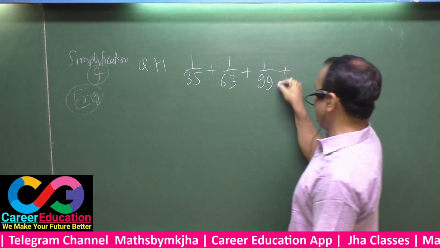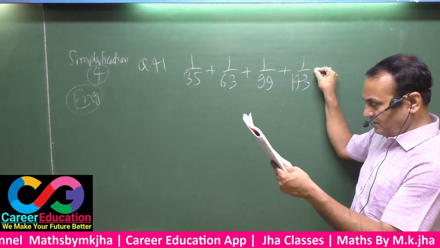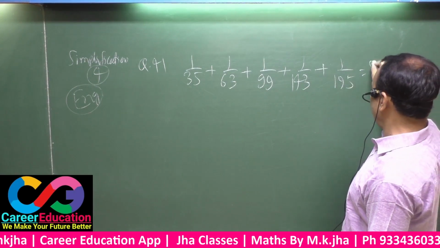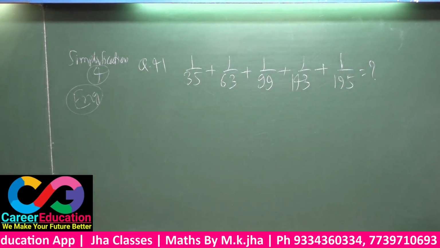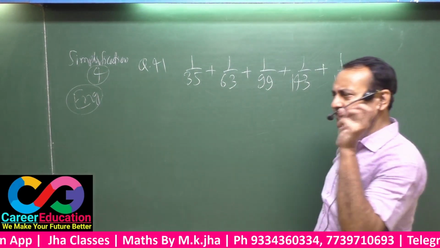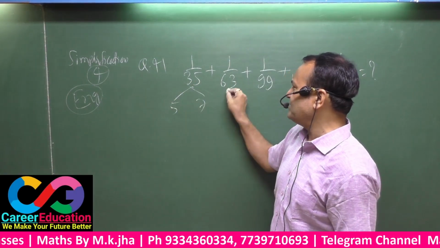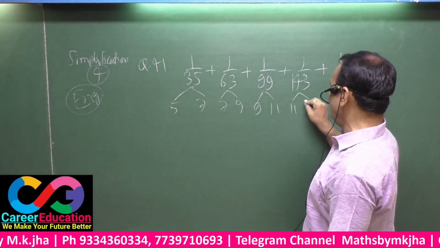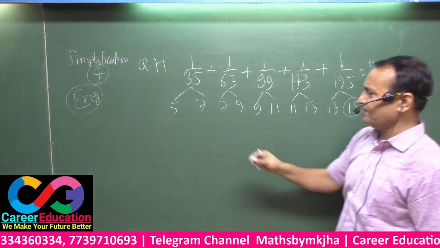11, 9, 11, 11, 13, 1, 4, 3. Is this the last? No. 13, 15. See here, again the question is exactly the same, but there is a bit of difference as well. You have to point out the factors here: 5, 7, 7, 9, 9, 11, 11, 13, 13, 15, like this.